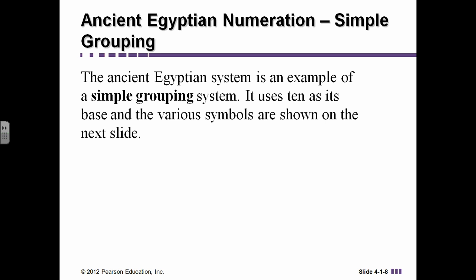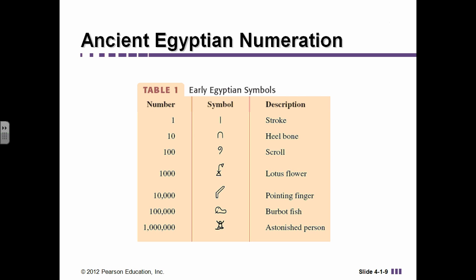So the Egyptian numeration system is an example of a grouping system, and it's using 10 as its base. Here are some of the symbols that you should be somewhat familiar with. And again, don't panic when you see this. Remember that you can use your notes when you're taking the test. So just make sure that you have this very clear so that you can see these different symbols